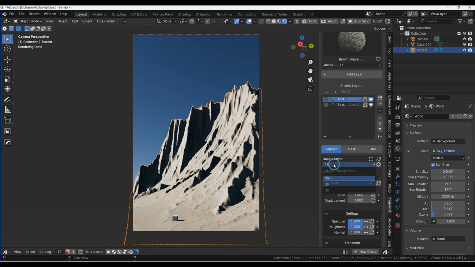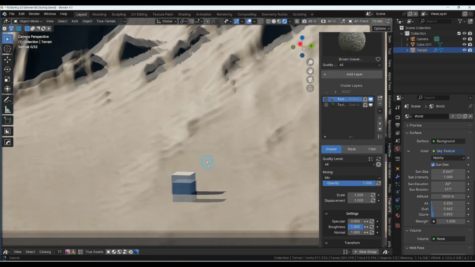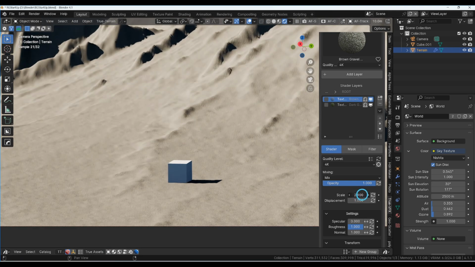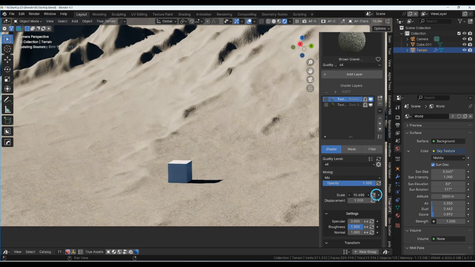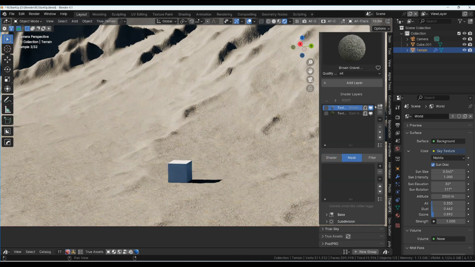So the first thing we're doing is, again, I'm bringing down specular. I'm taking a closer look at my big guy here and changing the scale. Something like so. That still looks realistic in a way. Slightly increase the displacement. And now we're going to mix those two layers, and that is done in the mask